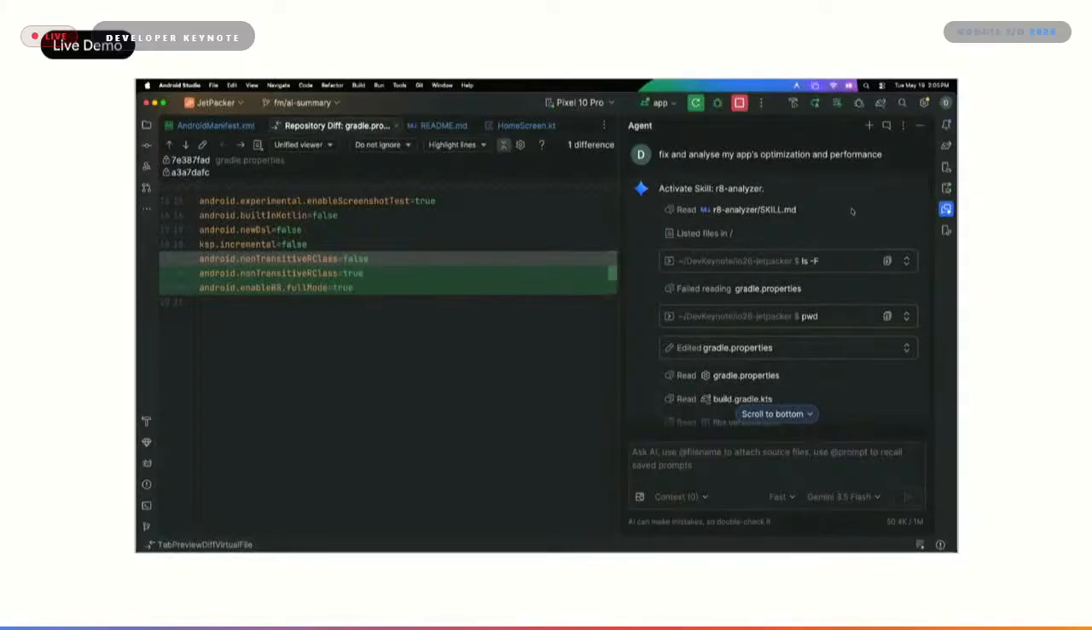OK, the agent's done its thing, and I can see that it's used the Analyzer